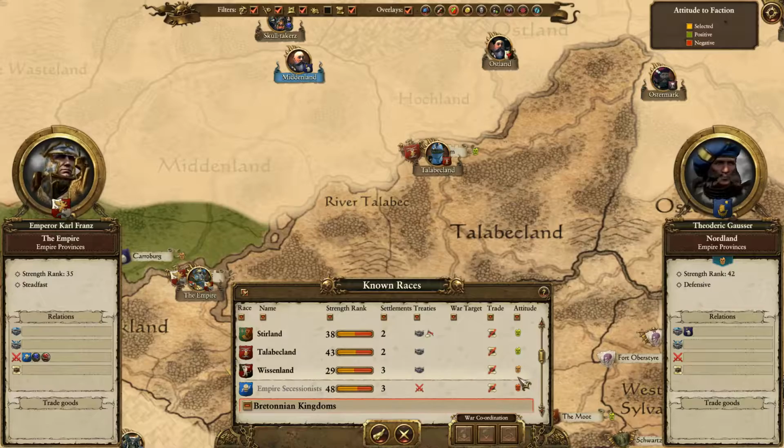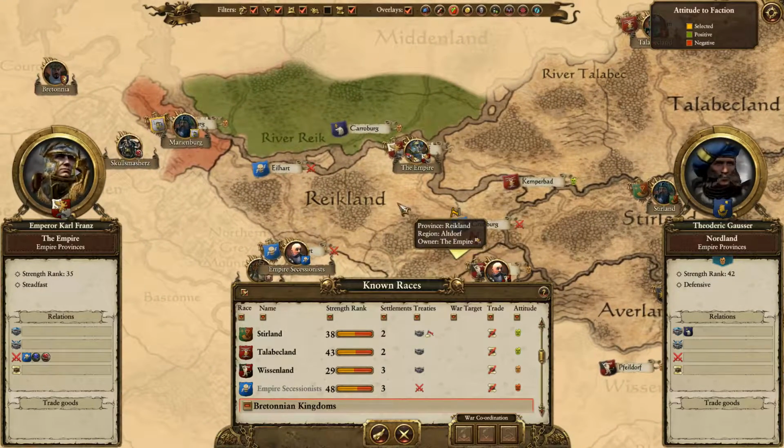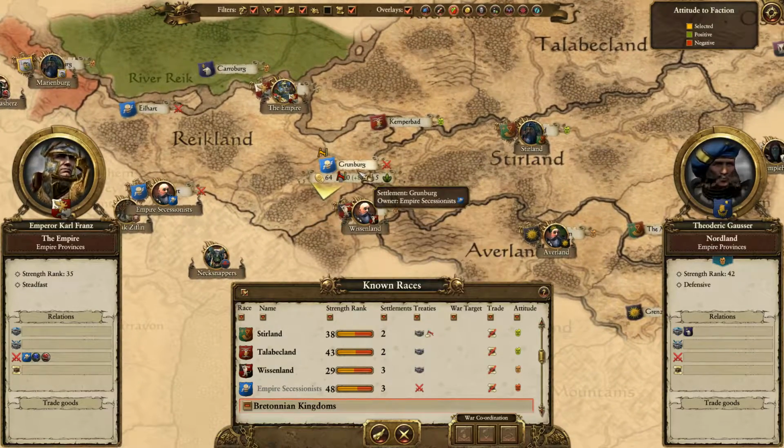Wiesenland. Okay, I would actually like to be good friends with Wiesenland because they are my direct neighbors, and they have iron. So if I can get a trade agreement with them, that would be awesome, because there's a quest with Balthasar Gelt where you need to get iron, and it shows up pretty early. So this would be amazing if I get a trade deal with them. So I can't do it yet, but once I take over this territory, Grunberg next turn, I will have access